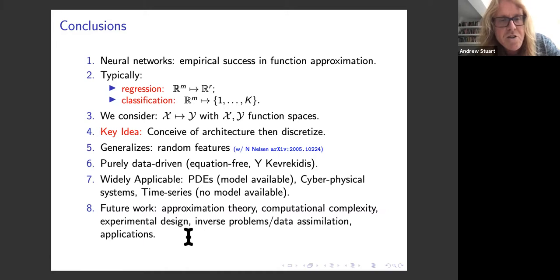And I did want to just highlight this work with Nick Nelson, where we work with random feature models. These fell out of favor in standard supervised learning, but I believe they might hold a lot of promise in the context of partial differential equations, precisely because I believe they will be much more amenable to theory, which actually relates to the solution that we compute and work with, in comparison with neural networks, where the theory is not usually directly related to the neural network that we find in practice.